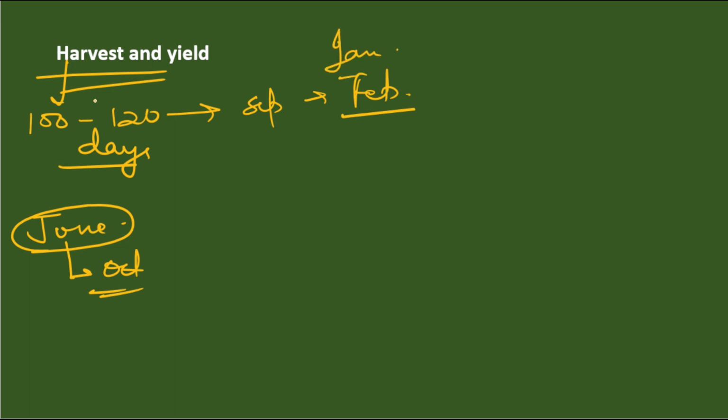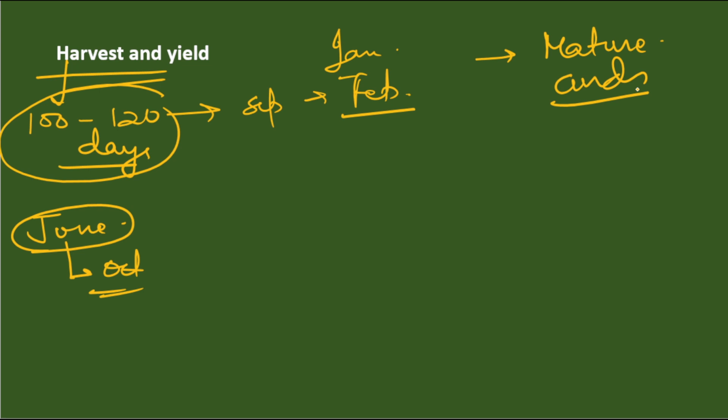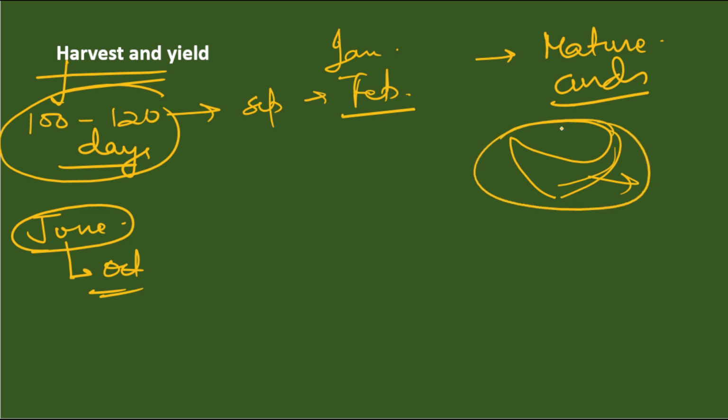It takes around 100 to 120 days to mature. We also need to keep in mind that we will harvest mature curds or mature buttons. That is, curd size should be as per the requirement. It should not be too aged. Sometimes farmers delay the harvest to increase the size of curds. That gives low market value because big curds are not preferred by customers. So we need to harvest mature curds of good sizes which are preferred by customers. So curd size in harvesting is very important.